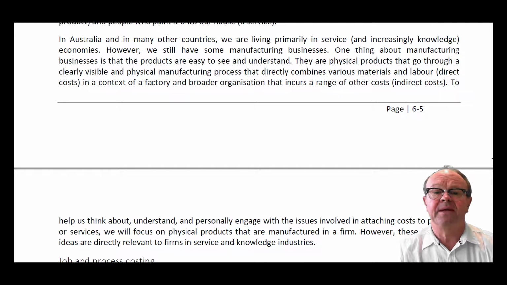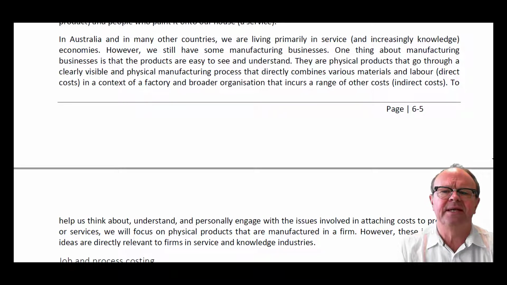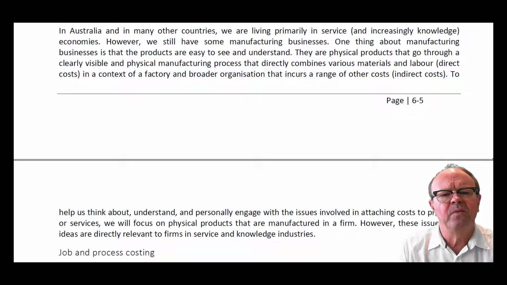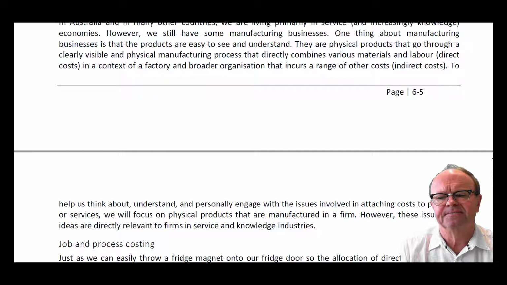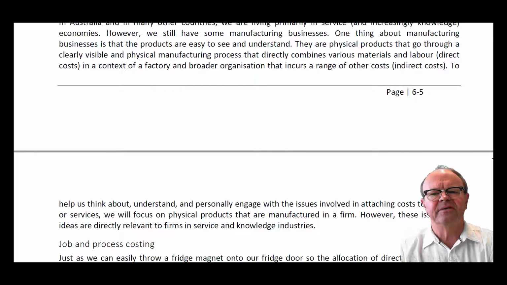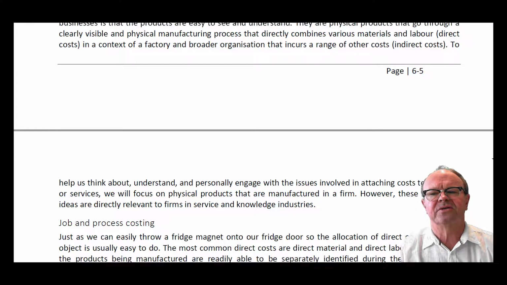In Australia and in many other countries, we are living primarily in service and increasingly knowledge economies. However, we still have some manufacturing businesses. One thing about manufacturing businesses is that the products are easy to see and understand. They are physical products that go through a clearly visible and physical manufacturing process that directly combines various materials and labour, direct costs, in a context of a factory and broader organisation that incurs a range of other costs, indirect